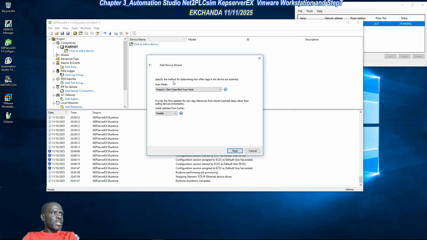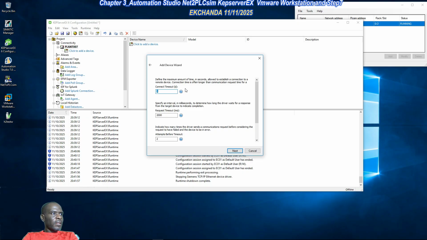Scan mode: specify the method for determining how often tags in the device are scanned. Options include respect client specified scan rate, or I want my own scan rate. So I request all data scan rate, and I'm going to go with 50 milliseconds. And then default